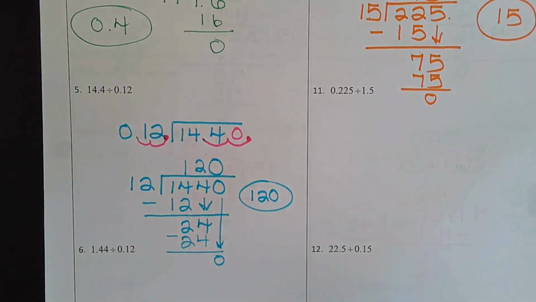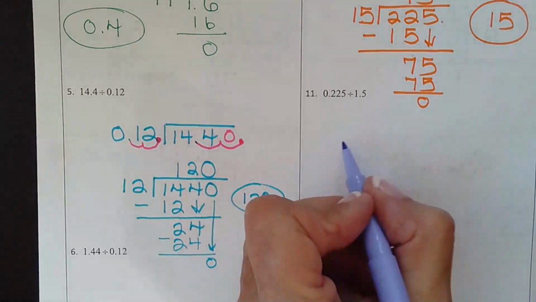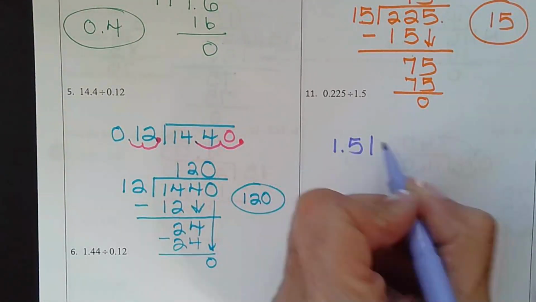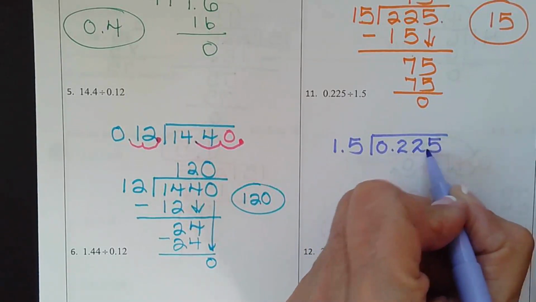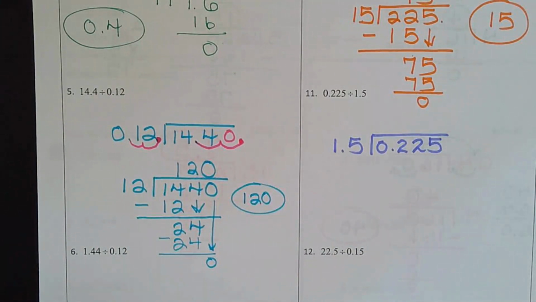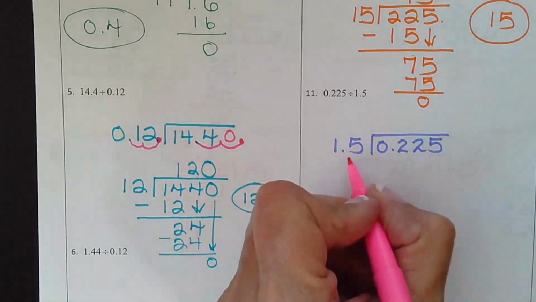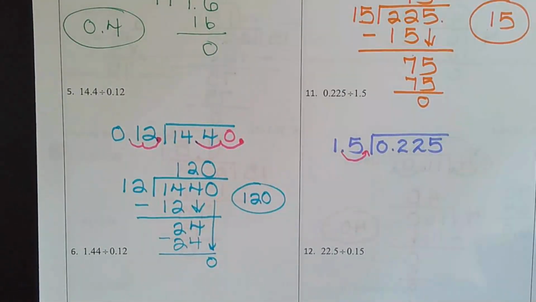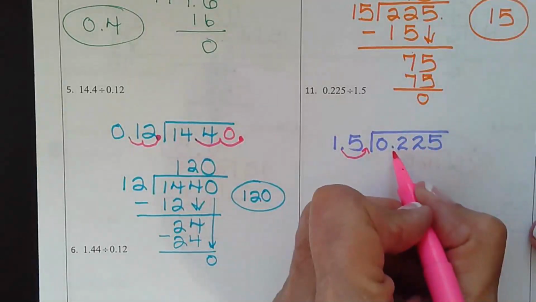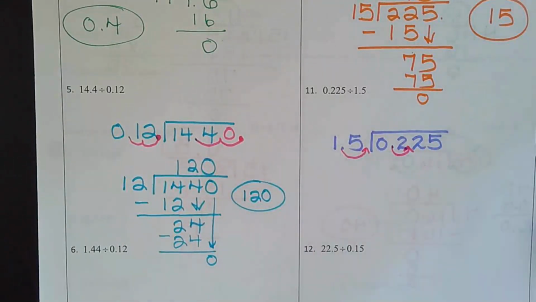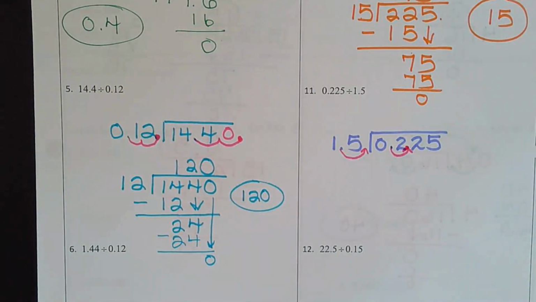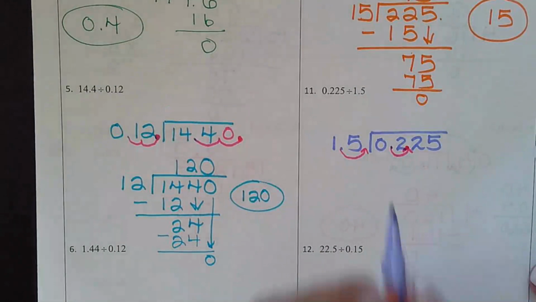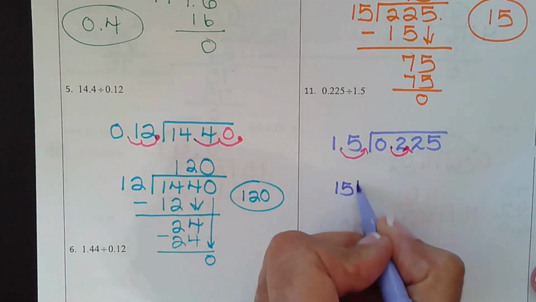And one more, and then you guys can practice. So 1.5 into 0.225. So it looks like we're going to have to move our decimal place one place. So that's going to turn into the whole number 15, but if we move this one place, we have to move this one place. So the divisor is going to turn into 2.25. The 0 can now be dropped off because it's a whole number 2. So 15 into